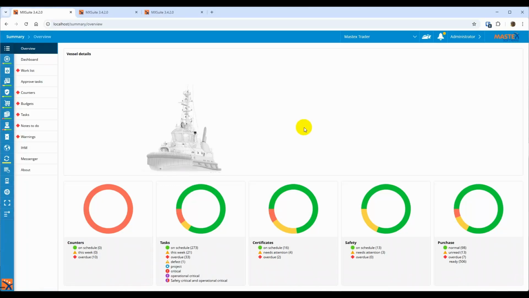We have released MXSuite version 3.4.2. In this video, I will show you some of the new features and inform you about some of the bugs